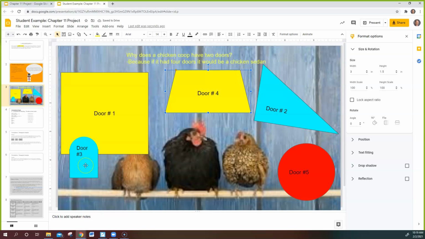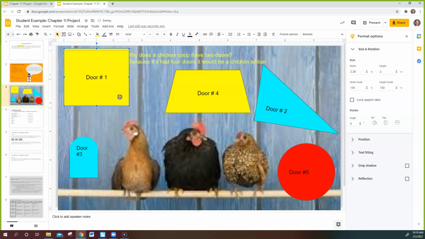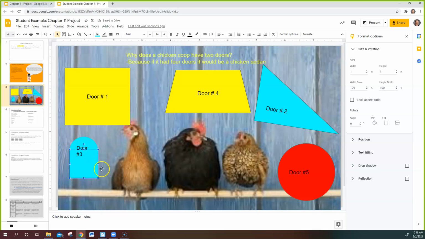And then the last piece is look at door number 3. Door number 3 is a composite. So I'm going to move this up. It's a composite. It's made of a semicircle and a square. So if I click on the square, it's a 1 by 1. I can find the area of that. And then the circle is a 1 by 1, so I know that it's a perfect diameter of 1. So then to find the area, I would take the area of the square plus half of the circle, and that's how I would do a composite. All right,